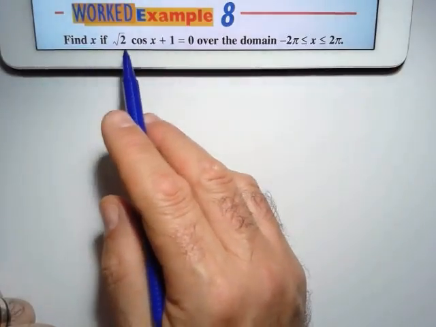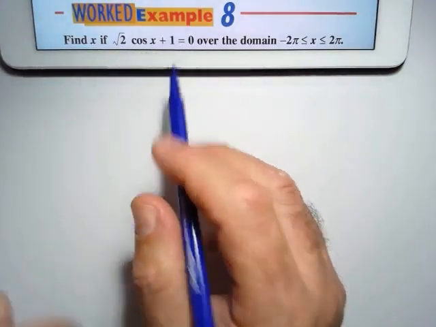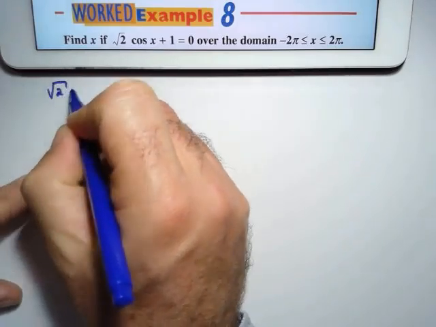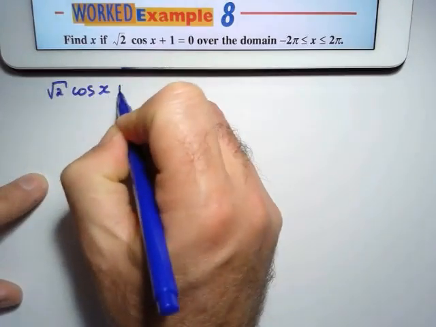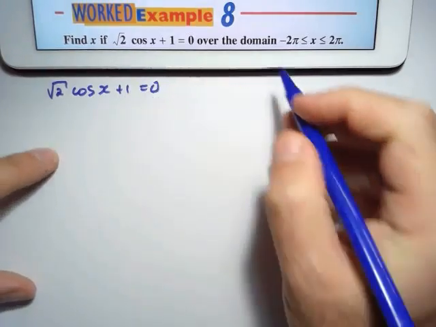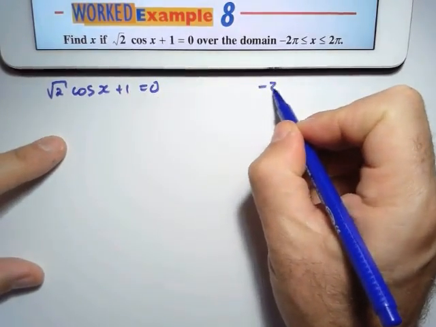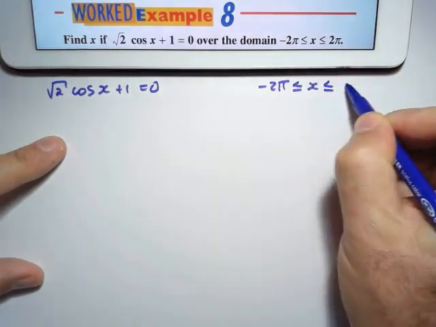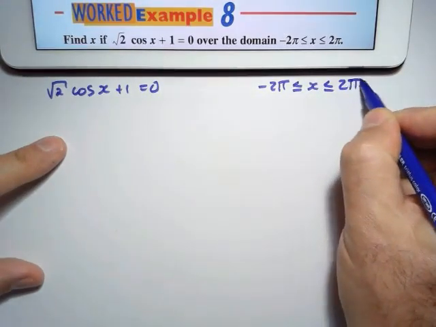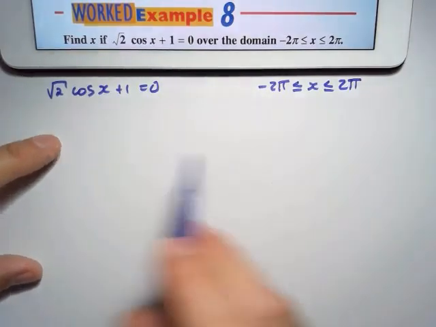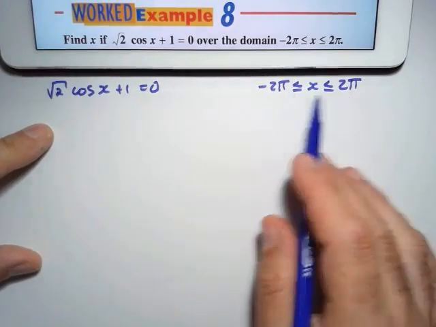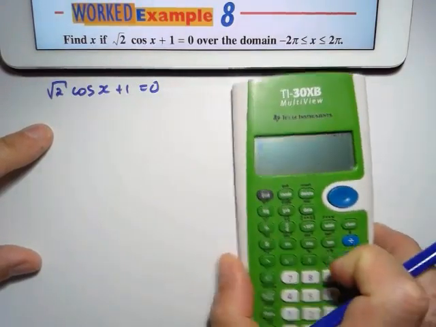Find x if square root 2 cos x plus 1 equals 0. So I'm going to start off by saying square root 2 cos x plus 1 equals 0, and my domain is from negative 2 pi, smaller than or equal to x, smaller than or equal to 2 pi. Okay, to start off with, my first thing that I see is this is in radians, so calculator in